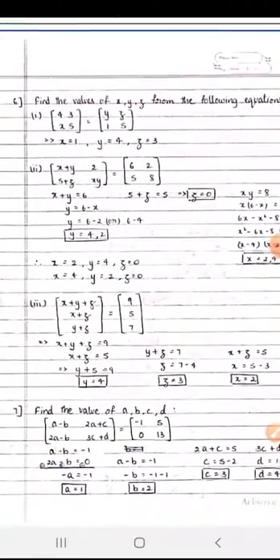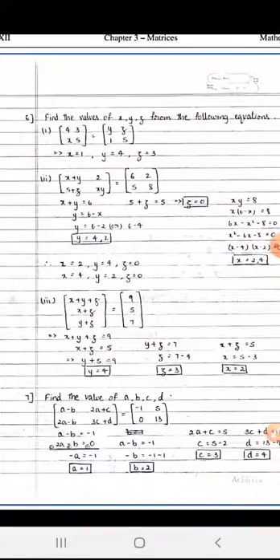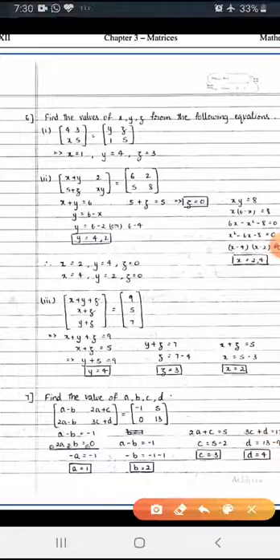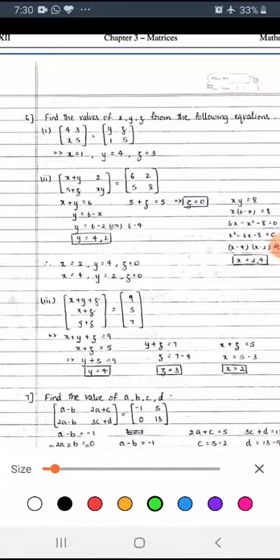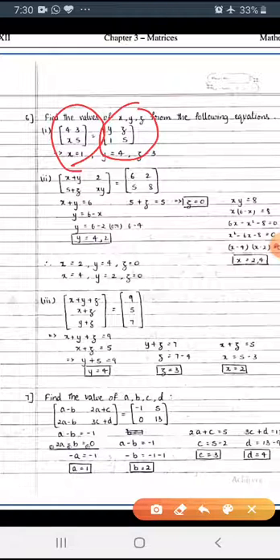Next one is now equality of matrices. See here, it is one question. Find the values of x, y, z from the following equations. Actually these are matrices, but we have to find the equations. Already you know the elementary method, like that only you have to do here. So first one, we will see what is the matrix of this one is 4 3 x y. So what is the order of this one? 2 by 2. And one more matrix, the order is the same only. But these, what they said here, are already equal matrices.